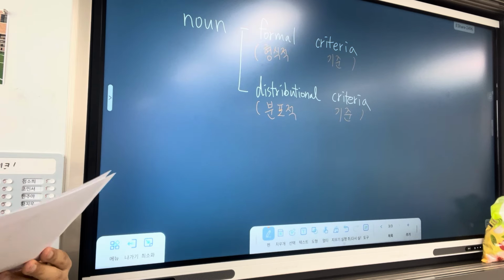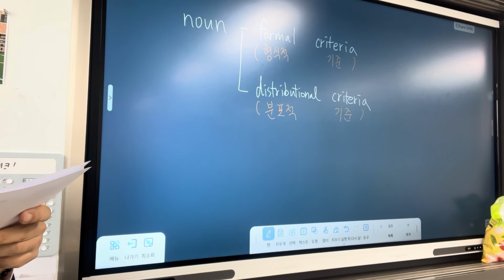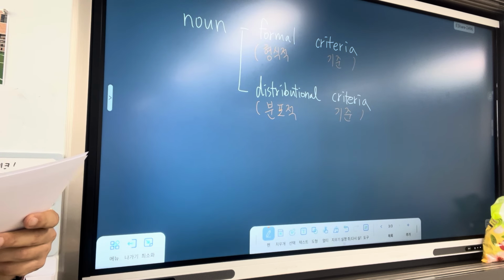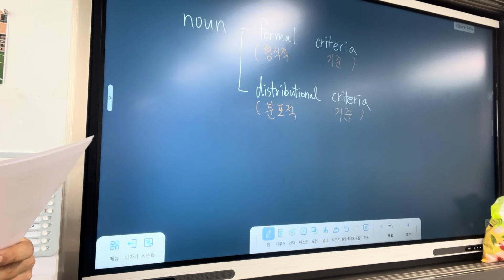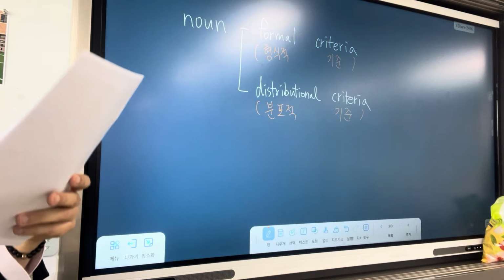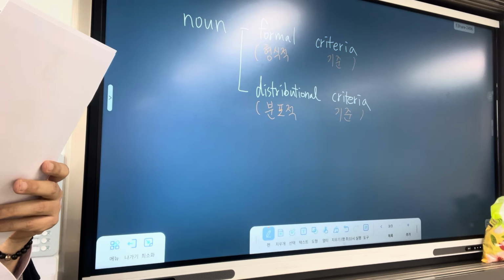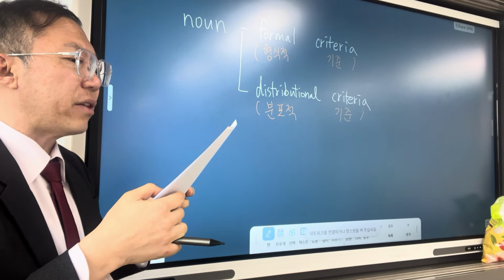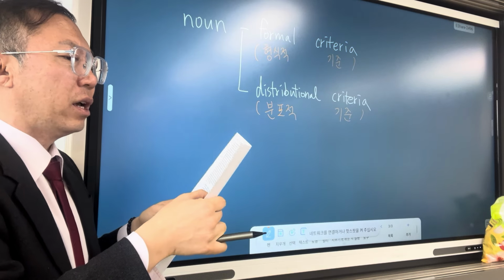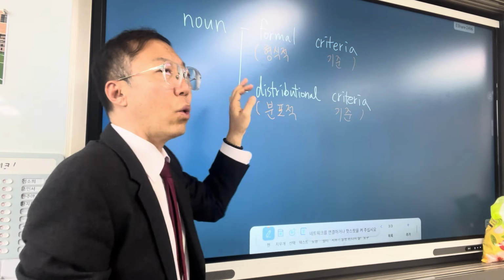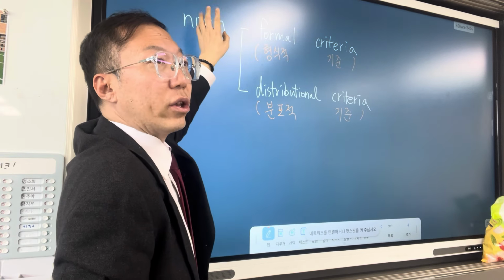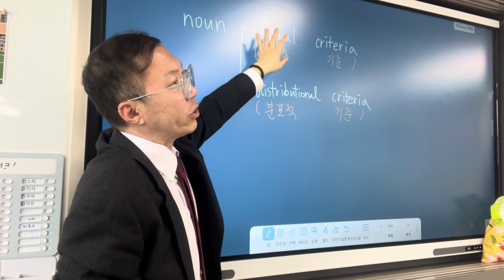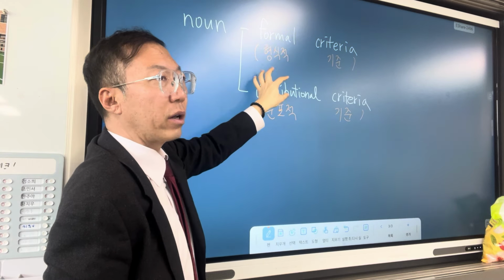From this viewpoint, we look at the shape words can take, where they can occur in sentences, and the way they behave and function in sentential patterns. So in order to define noun, we will take a look at the form. Also, we'll take a look at the distributional criteria.